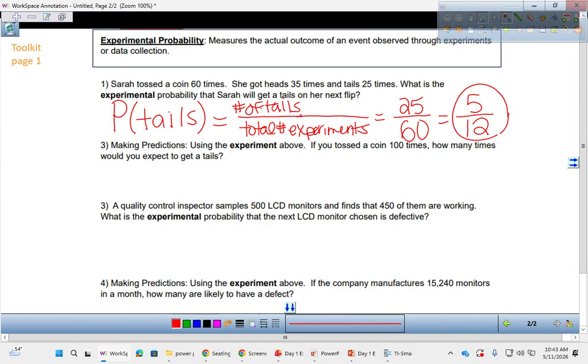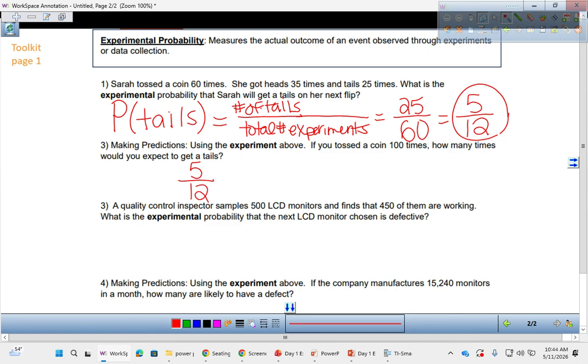But I want to use her experiment. So I'm taking away prior knowledge that it's a 50-50 chance, and I'm using her data. How many times does she get tails? 25 out of 60. We reduce that to 5 out of 12. So I'm going to take her experiment, 5 out of 12,